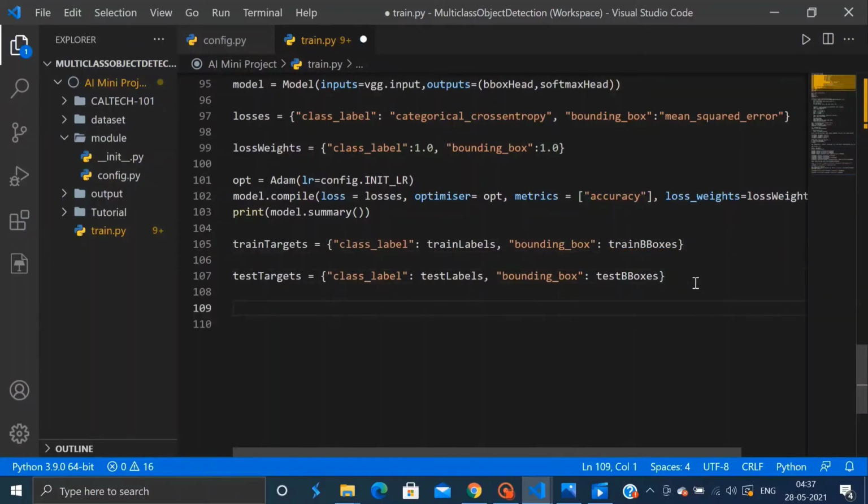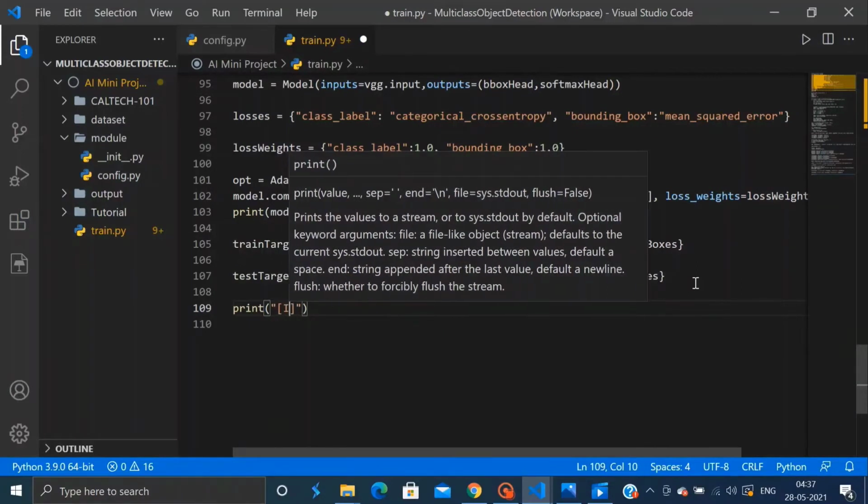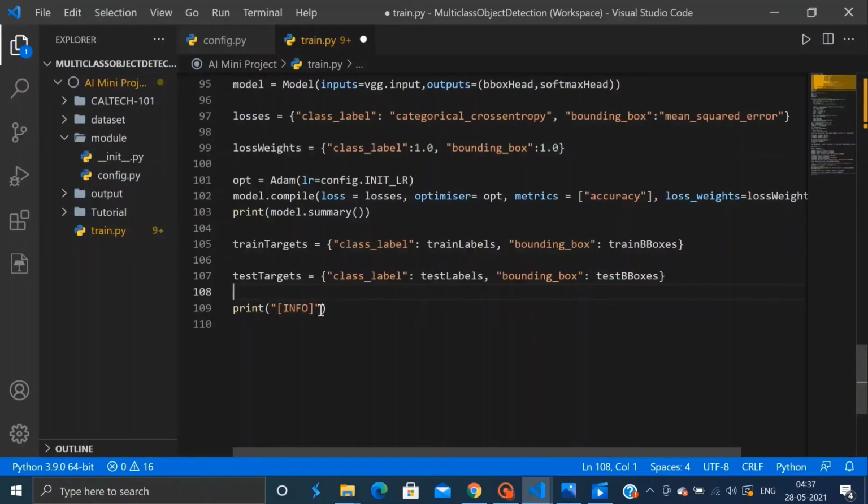So we are now ready to train our multi-class bounding box regressor. So we will train the network for bounding box regression. Before this, let's once again print a statement that says we are training our model.